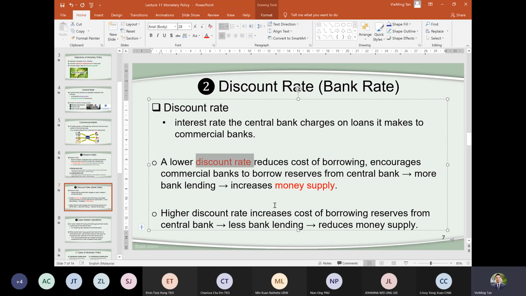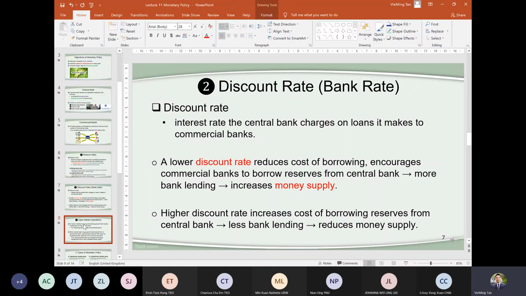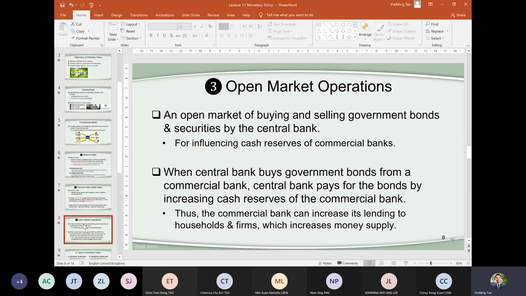Okay, I'll stop for a while before I move on to the third tool. So far so good. Then I move on to the third tool. The third tool is called open market operations. This is also one of the tools that can be used by the central bank to control the money supply in an economy. How? Actually, this is a channel